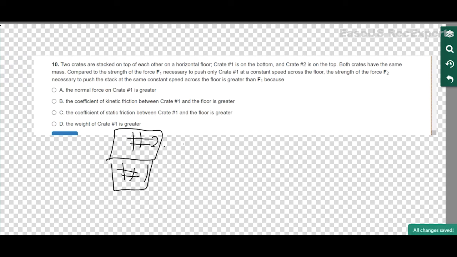Compared to the strength of force 1 necessary to push only crate 1 at a constant speed across the floor, only that force applied, we have to put that at a certain force, and that would equal a constant speed. The strength of force 2 necessary to push the stack, push this pile the same speed across the floor, is greater than force 1 because